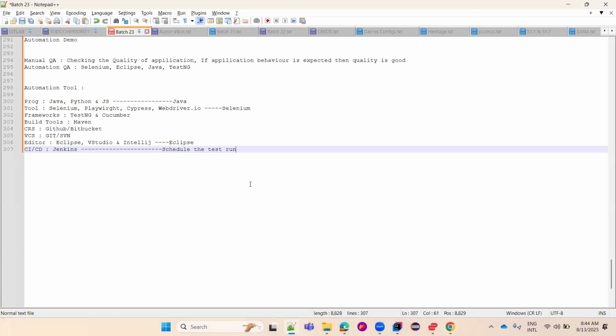But here the difference is what cases we can automate and what cases we cannot automate in the market. The cases we can automate are the cases we execute repeatedly. Almost 3 out of 4 of you have experience in manual testing, so you may have heard about regression testing, retesting, sanity testing, smoke testing. Most of you mostly work on regression testing. Whenever a new feature is added to the existing functionality, you check that nothing breaks. That is called regression testing.